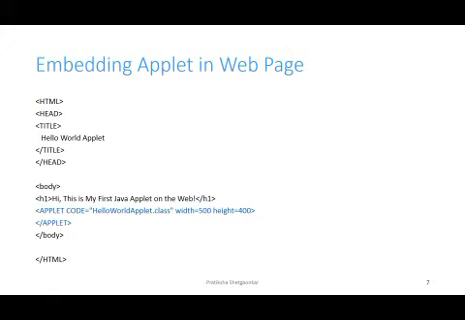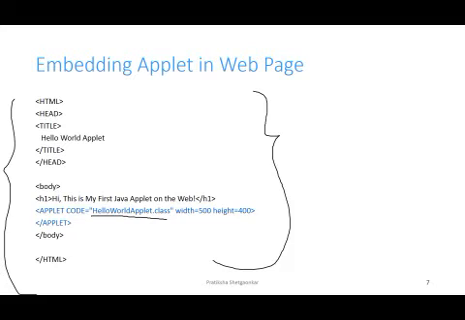After we create the Java code for the applet that we have done in the previous slide, the next step is to compile that Java code using the javac compiler. After compilation, the javac compiler will generate the .class file, or the bytecode, of that code. Now this .class file needs to be embedded in the web page or the HTML document. So this is the format of the HTML document. Any HTML document will always begin with an HTML tag and always end with an HTML tag. These two tags signify the opening and the ending of the HTML file.